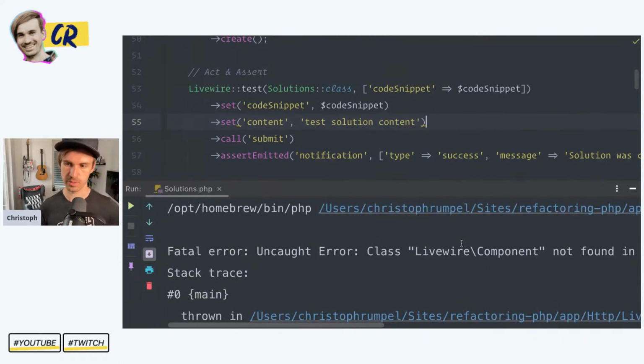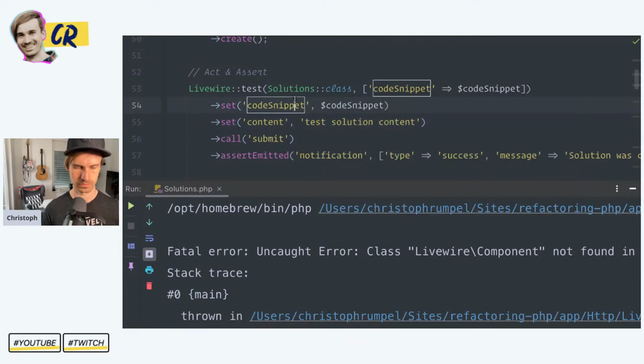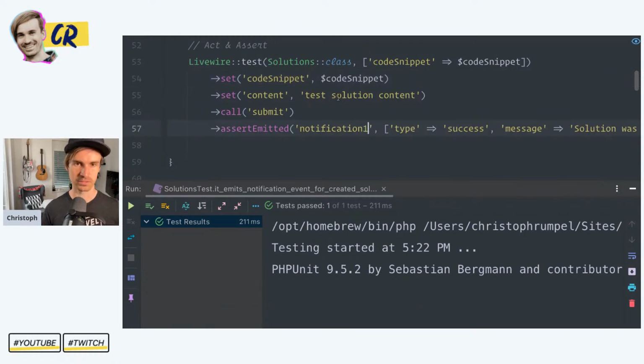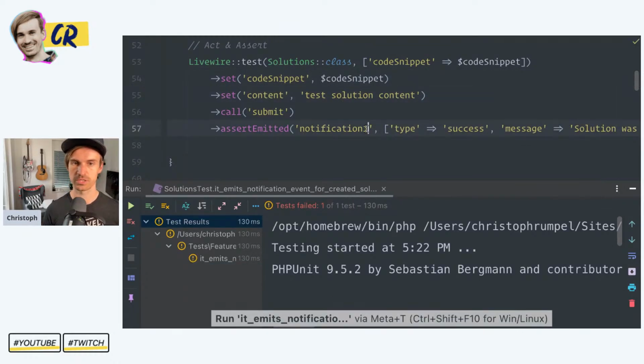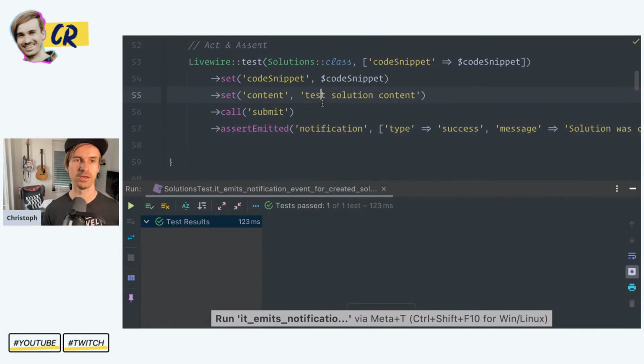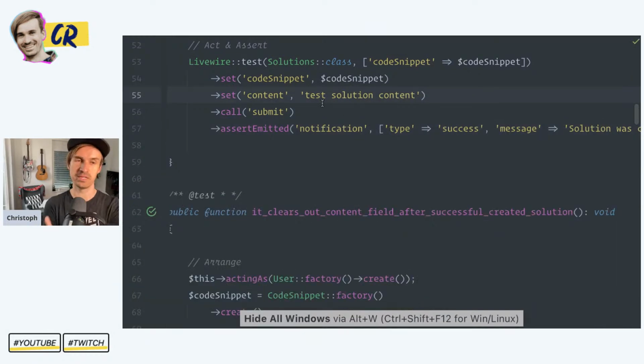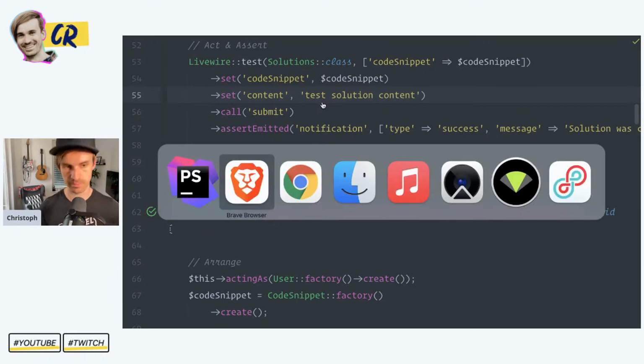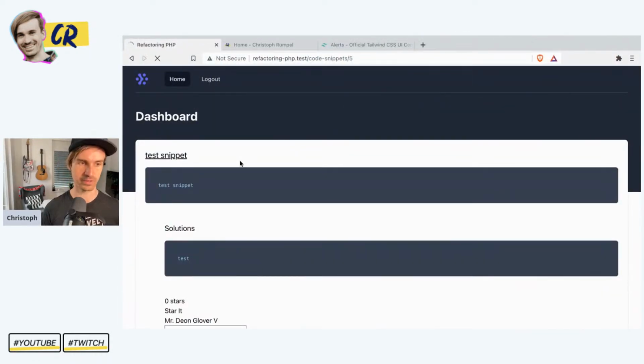Uncaught error: class Livewire component not found. Okay, this was something else. So this test is passing. Let's try making it fail again. Okay, that's good. So this means we have made sure that we send out a specific event, and the rest we have already tested here. So this means if we did everything correctly,